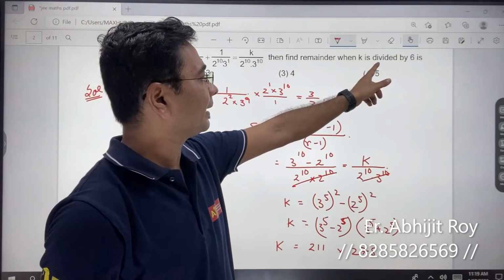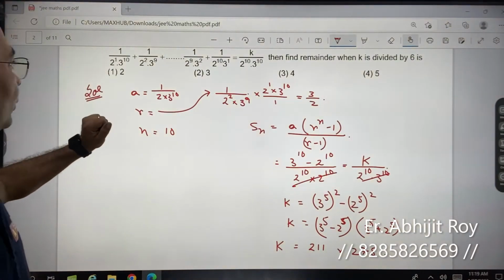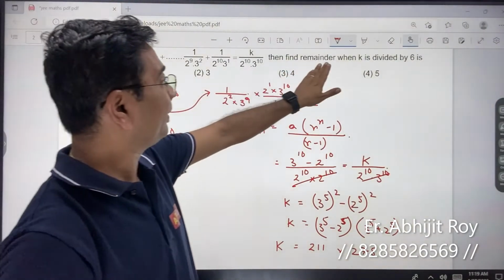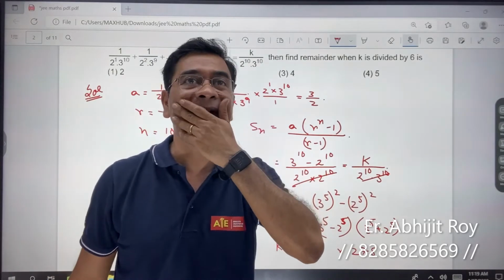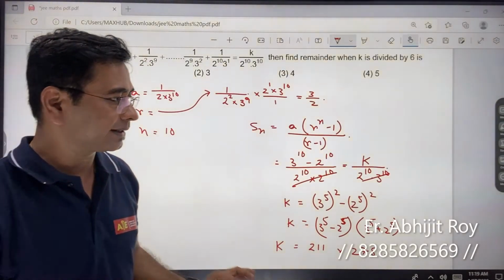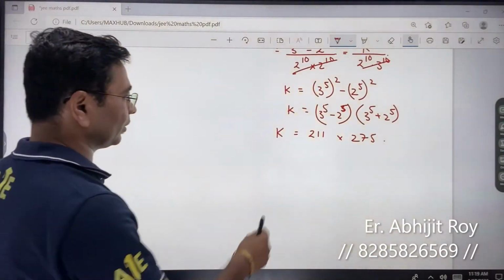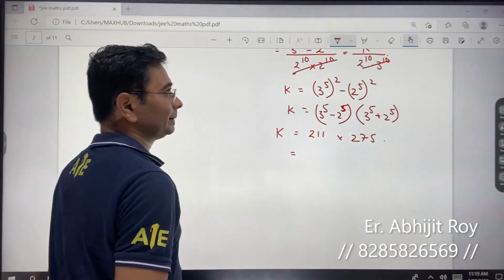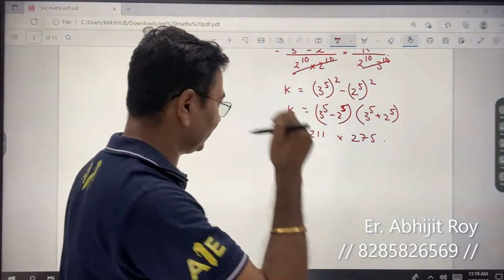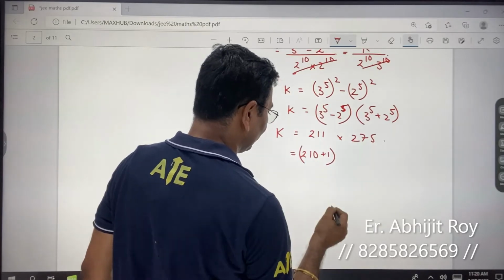you have to say when k is divided by 6, the remainder is 2. So you have to get the remainder of 2. Okay. अगर मुझे remainder of 6 चाहिए तो मैं इसको डिवाइड करूंगा 6 से और मैं देखूंगा 6 माने 211 कितना है, ये 210. So 210 plus 1. So if you see this